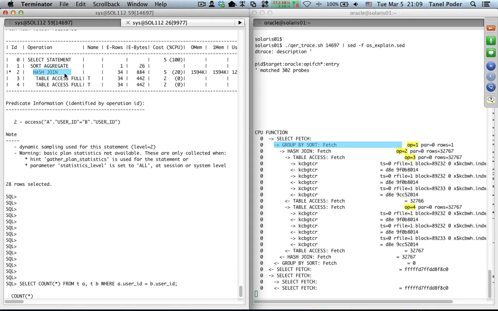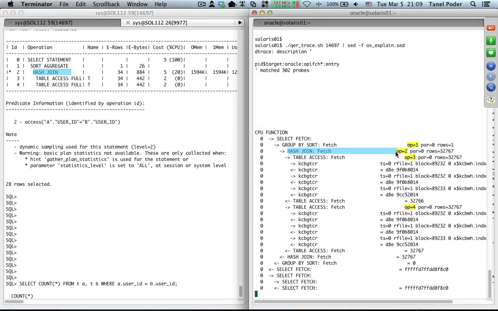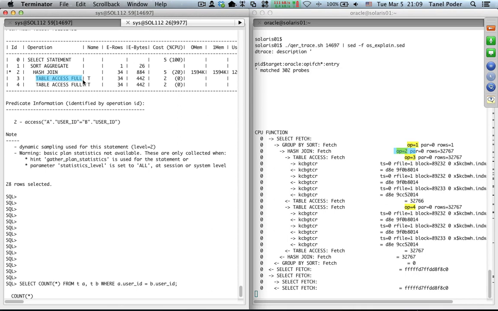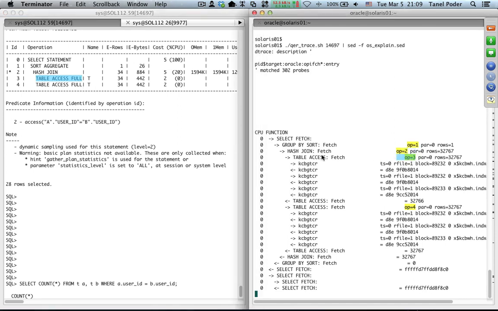So the first function under it is a hash join, right? And you see it from here as well. That's what this dtrace function call tracing shows you. The group by sort operation now calls hash join. Hash join itself does not have any rows. Hash join only knows how to join rows given to it by other row sources. So therefore, the hash join will call its first child. Whoever is the first row source, the execution plan line under this hash join in this hierarchy, it will call this number 3. And now this will do a full table scan, and as this is a very small table, you see we do